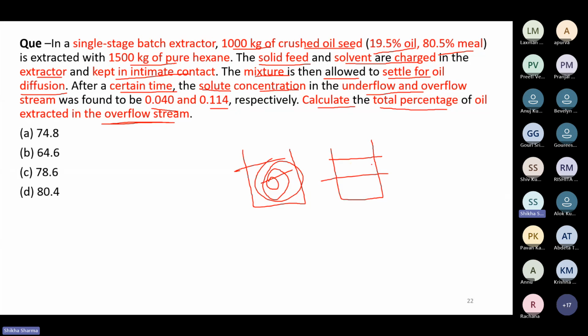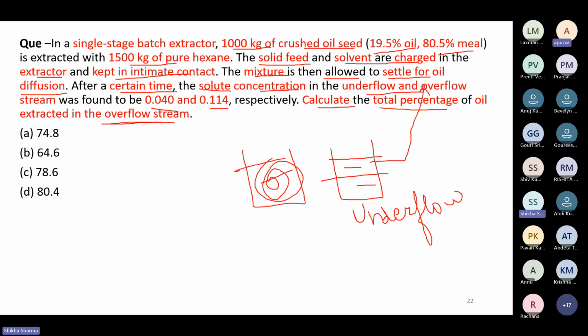Why? Because there is a difference in the density of the oil and the solvent. So we can get two different layers, right? We can call the below layer the underflow layer. So this is underflow,